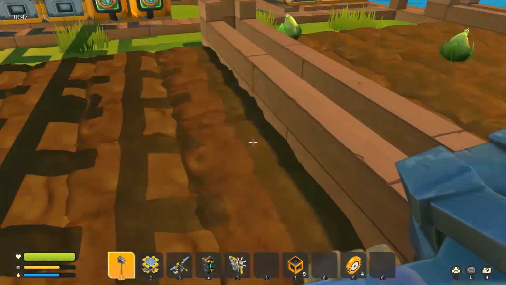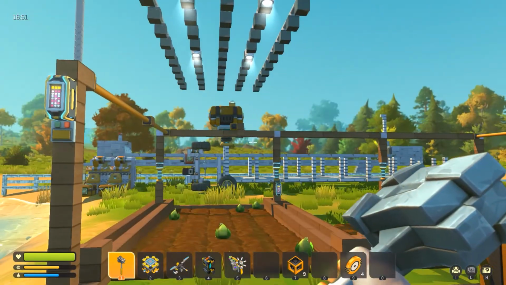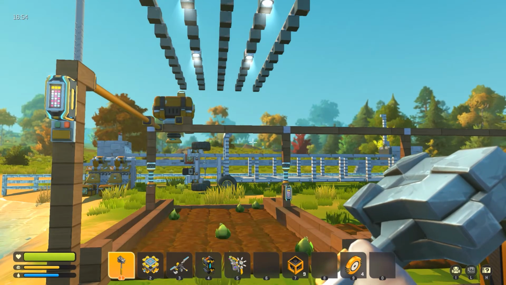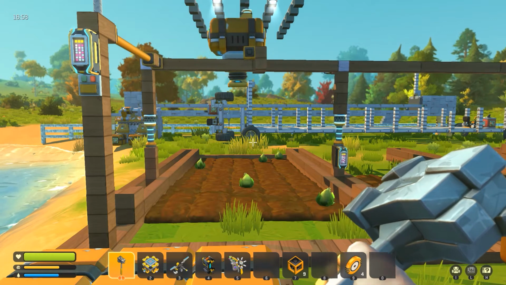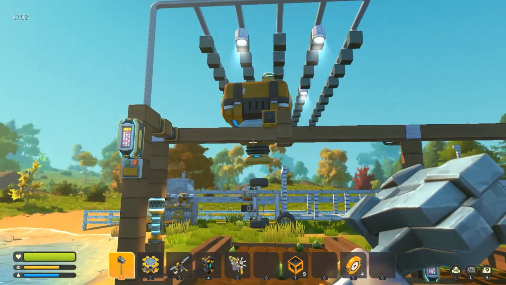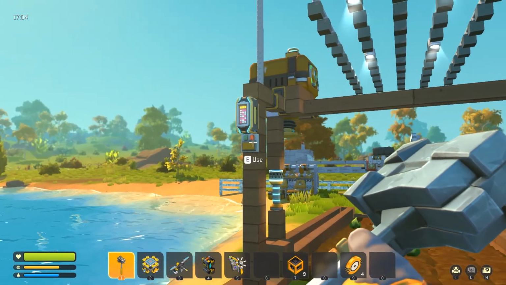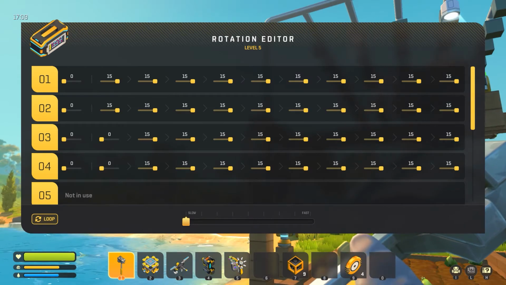Right, it's finished now, so let's turn it off and then we can try it again. So now we've got to wait for it to reverse its cycle. So as you can see, it's going back and forwards as it retracts, which is the reverse of what we told it to do. And then once it's finished,